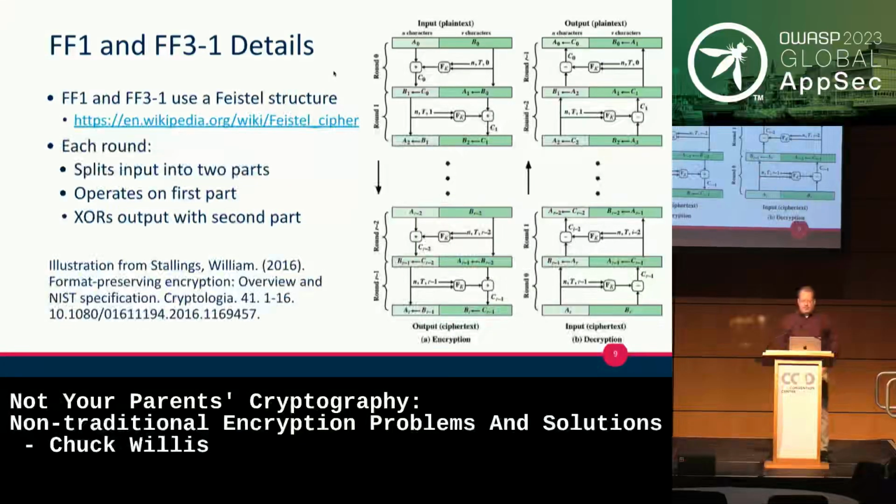But the importance is not so much the details of the algorithms, but more just the concept that these things exist, and it's an option. So in the past, I think a lot of people, when they looked at credit card numbers, always thought we need to tokenize it, and we need to build some sort of map that remembers what the original value was and what the tokenized value was. And these types of format-preserving encryption allow you to not have to do that. So you can basically never have to store the unencrypted value. You're able to just store the encrypted value and the key just like you would with any other ciphertext.